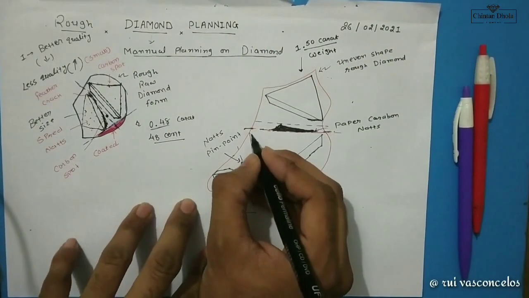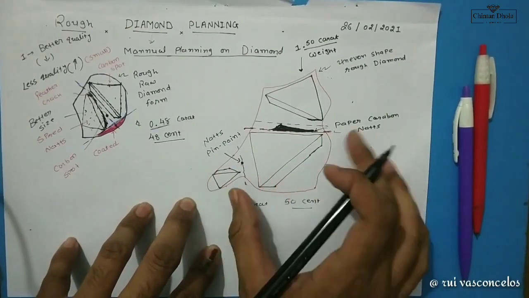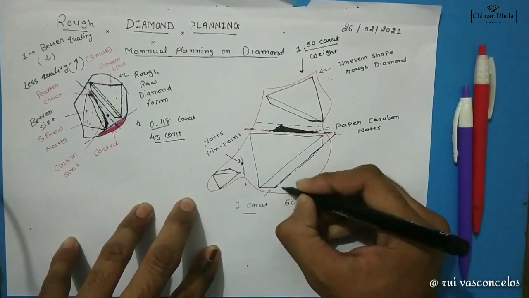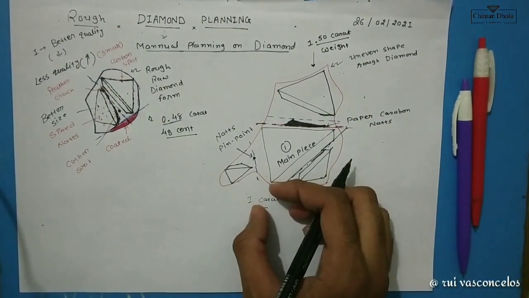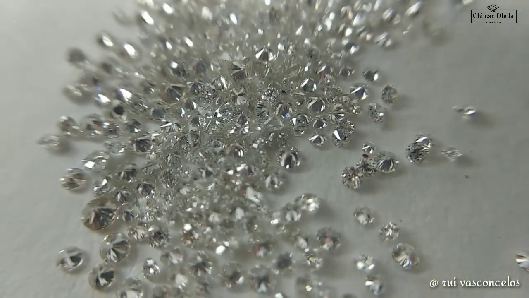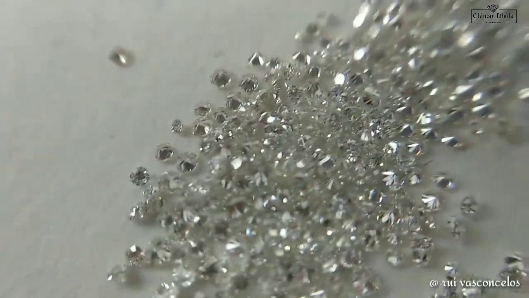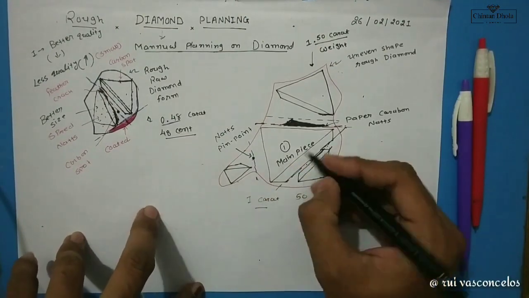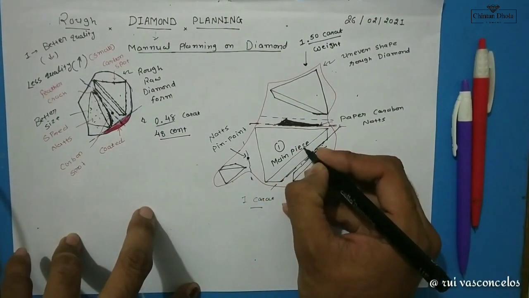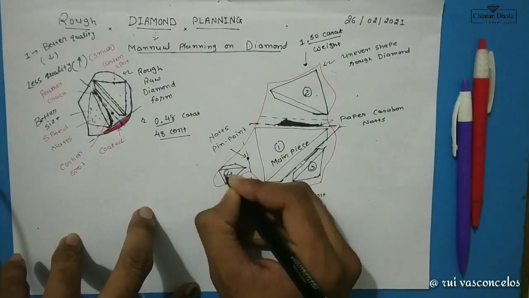Okay, now you can see exactly how our planning is going on, but here you can also get one cutting, then after you can also get one better quality diamond, but the size of this diamond is very small as compared to these two. So you get the first plan, that is called the main piece. Now you can get better quality of this type of diamond. Now we have one piece, that is the main piece, then the second piece, the third piece, and the fourth piece.